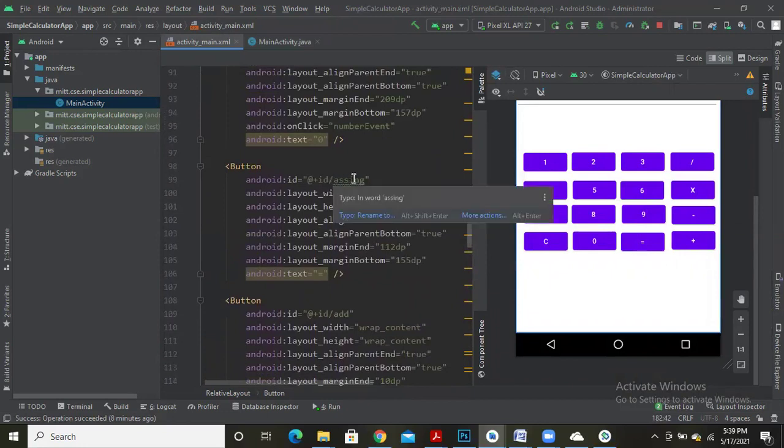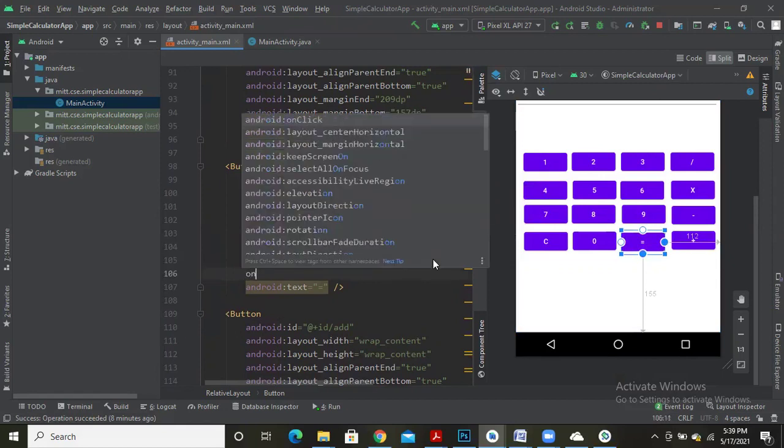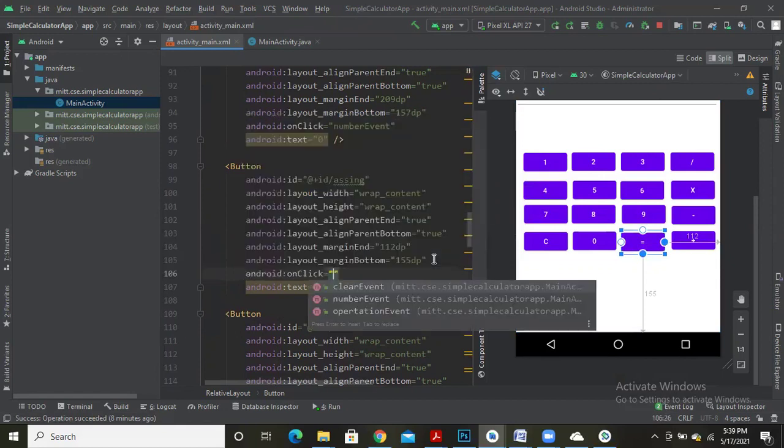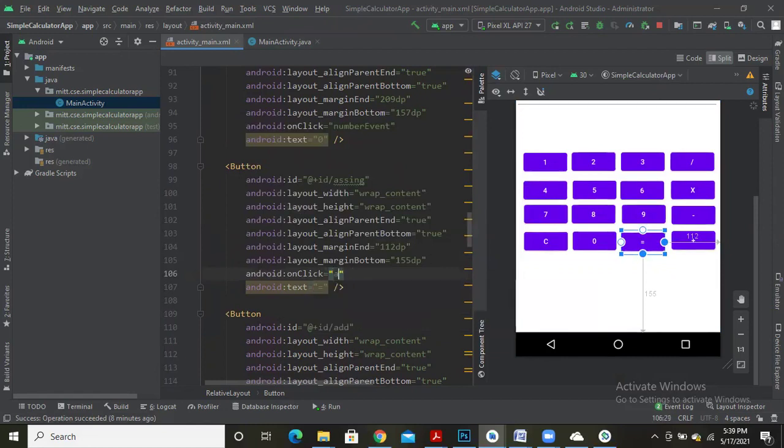I had specified this as assign, and I'm going to add an onClick property, where I'm going to add an event assign event. Let me change this spelling.